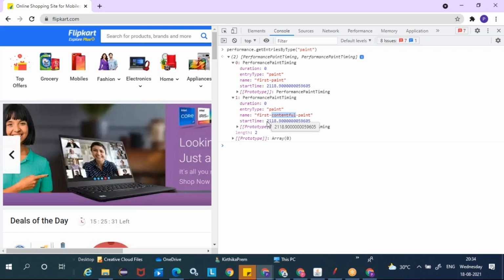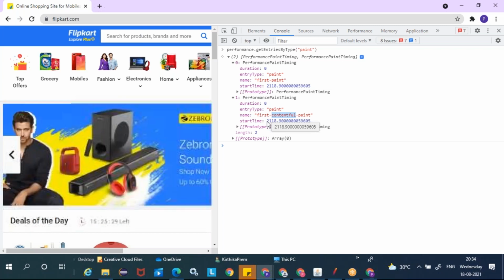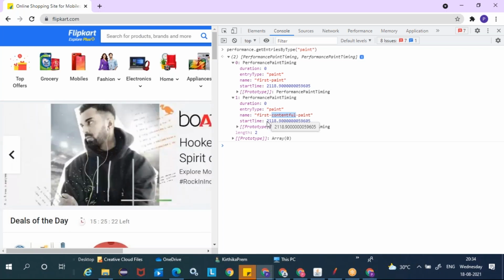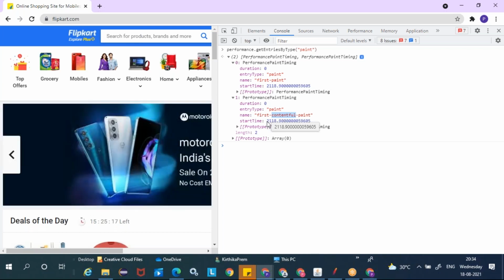2000. It's the same thing. In some cases, your first pixel could be content itself, so in that case both could be the same. In some cases, first paint will come earlier, and then first contentful paint will come a little later.